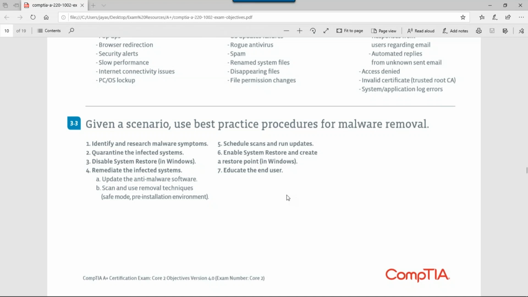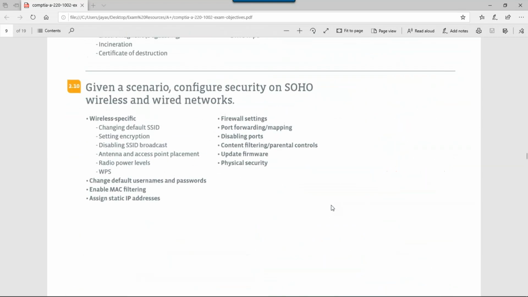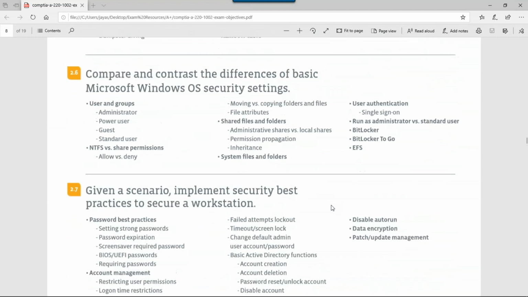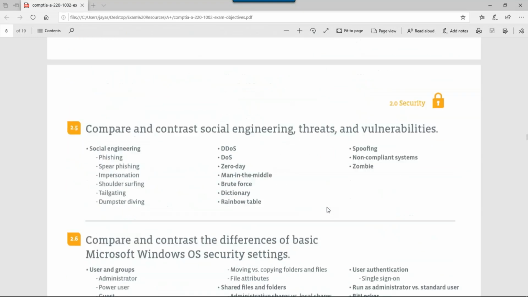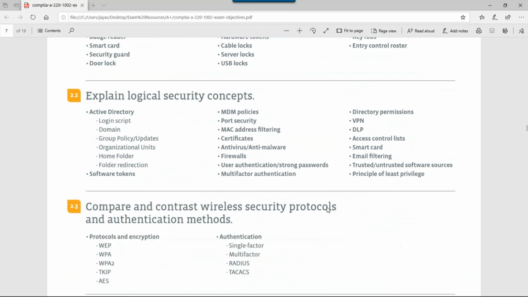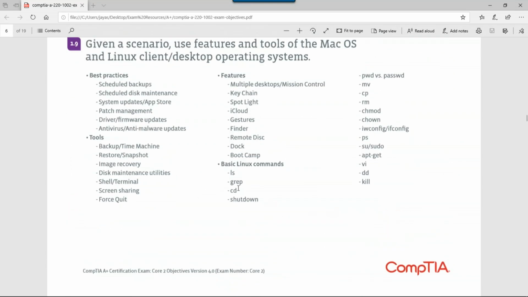I had probably 3 or 4 questions on Linux commands and stuff. I didn't have a lot of that. So between Mac and Linux, I probably got maybe 5 questions at the most. Okay, so you're not going to see a lot on Mac and Linux. It's just going to be: you want to do this, which command would you use?